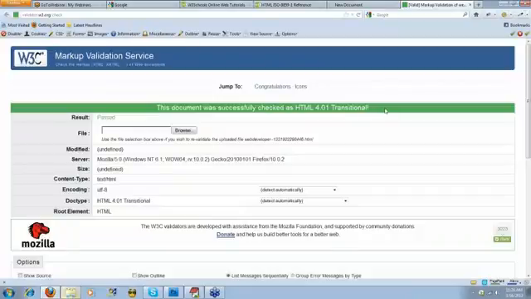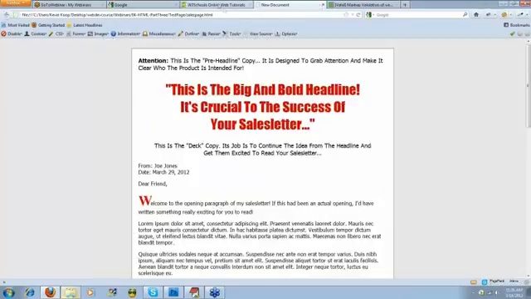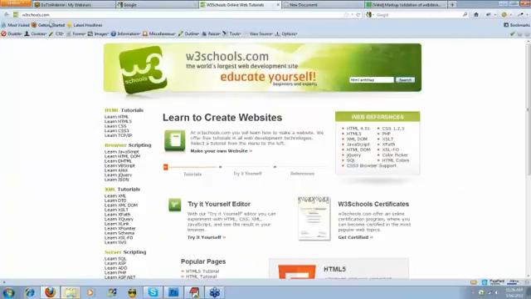What if that's not the doc type we wanted to use? What if we wanted to use something that's more current? HTML 4.01 transitional is definitely an old standard, and we have much newer standards, including a variety of variants inside of XHTML. So let's go back to w3schools.com. And again, it's the number 3, w3schools.com is where we're at. And this time let's put in